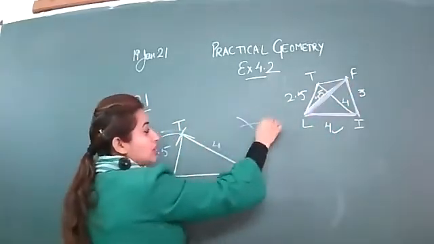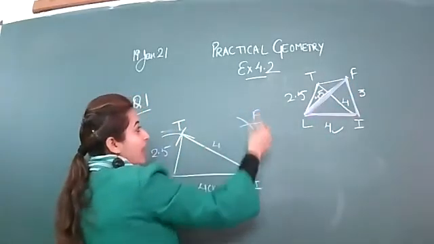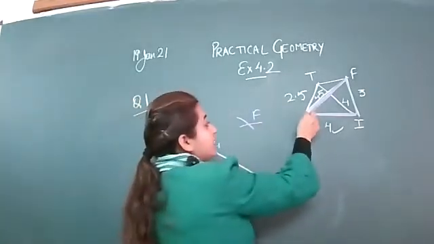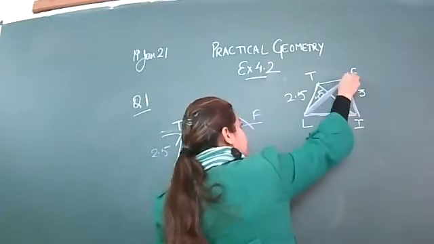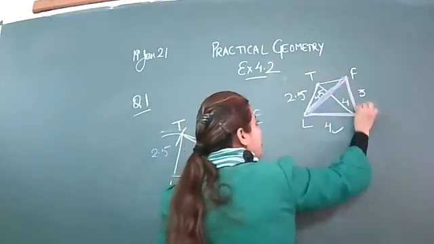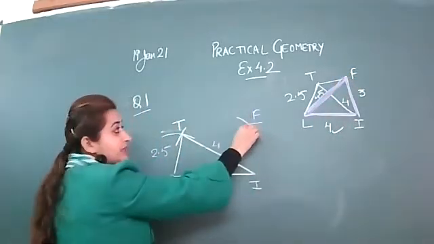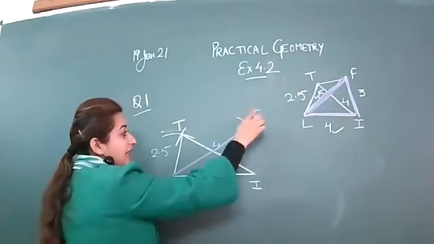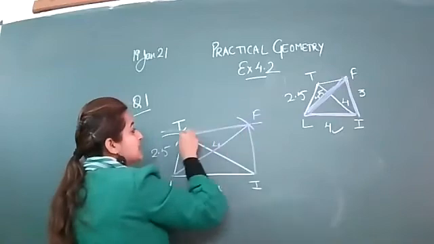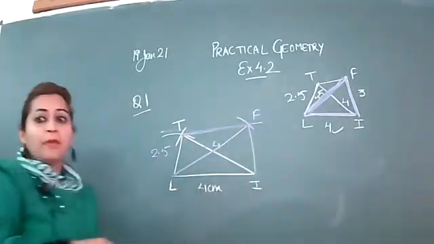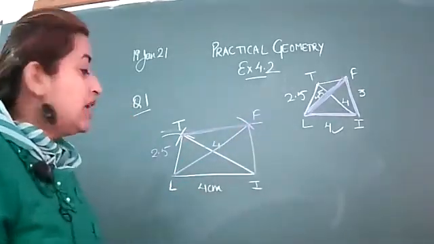From here, you will draw the arc of 3. This will give you F. बच्चों ये लाइन दिखाई दे रही है ना आपको? This one is 4.5 and this is 3. So from here you will draw the arc of 4.5 and from here it is 3. So they will intersect at X. At F you will join this and you have to join this line also. This will give you a complete quadrilateral LIFT.